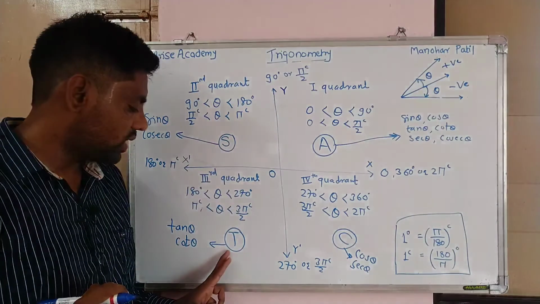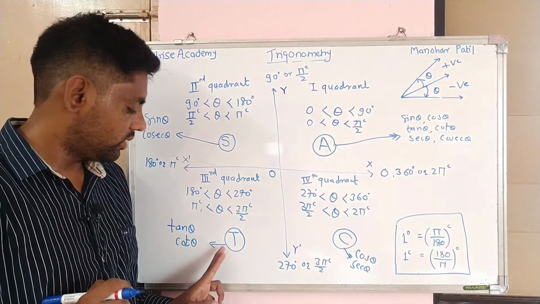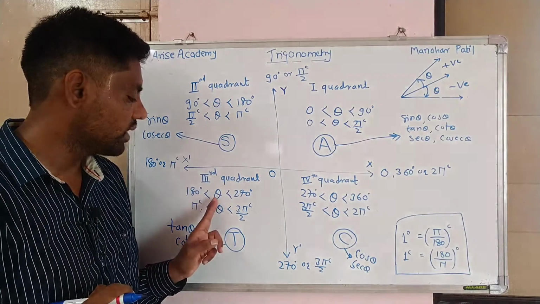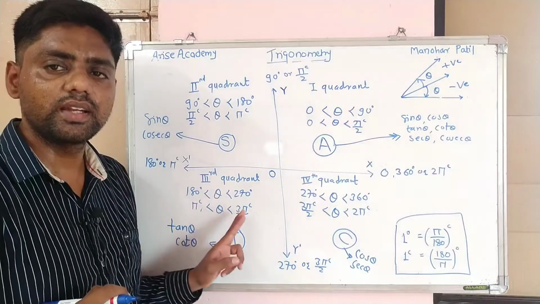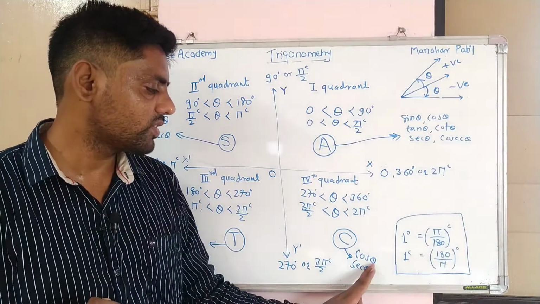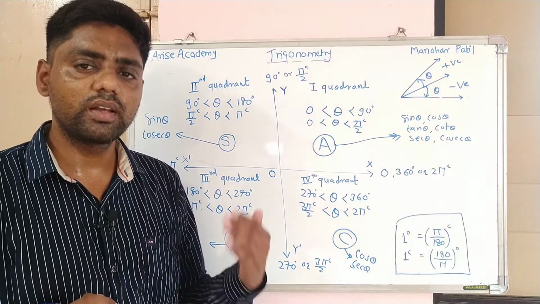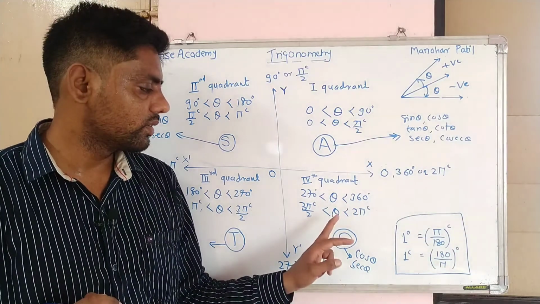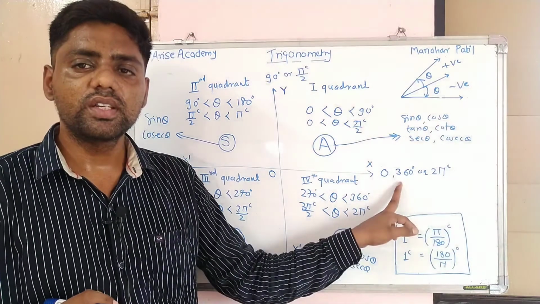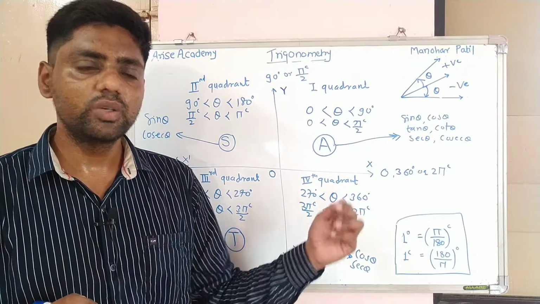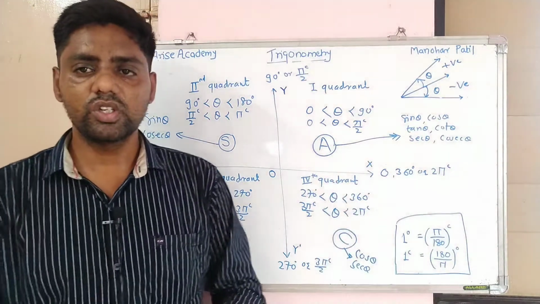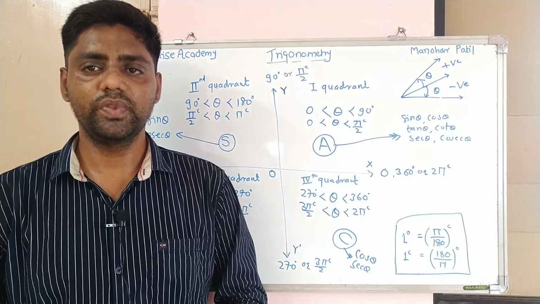In the third quadrant, the values of tan theta and cot theta are positive and the remaining are negative, and theta is greater than 180 degrees and less than 270 degrees. For the last quadrant, the values of cos theta and sec theta are always positive and the remaining ratios are negative, and theta is greater than 270 degrees and less than 360 degrees. For the conversion of degree to radian, the formulas are given here, so you can write them down and study how to represent an angle in the quadrant form.